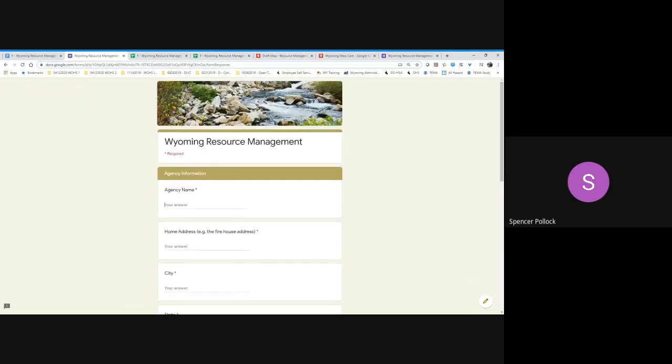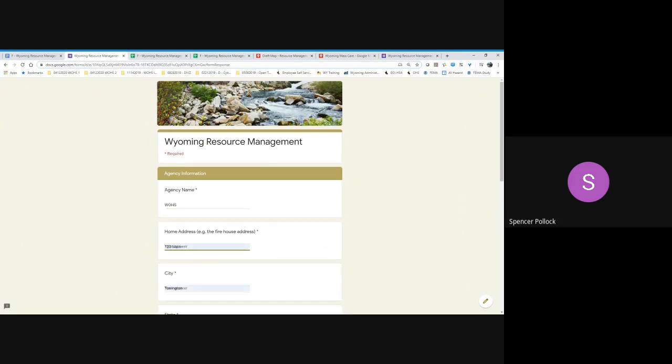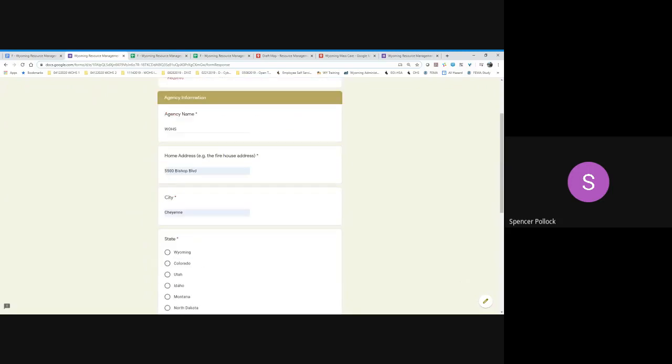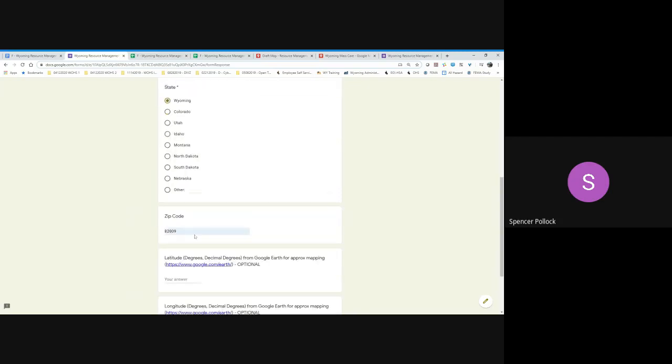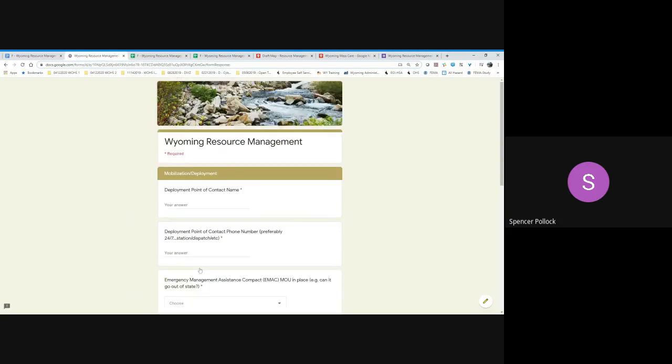We'll click next. We'll say it belongs to WOES, and that's at 5500 Bishop Boulevard in Cheyenne, Wyoming. Since it belongs to the facility, as does much of the equipment around Wyoming, lat long becomes less relevant and less applicable, though certainly you can load these in for any of the items that you have that may be outside of a facility like a firehouse, a police station, or some other thing that has an address associated with it. We'll click next.